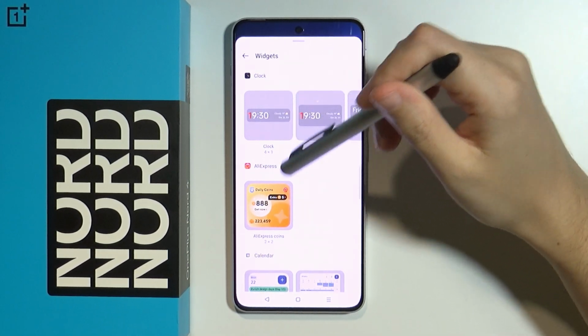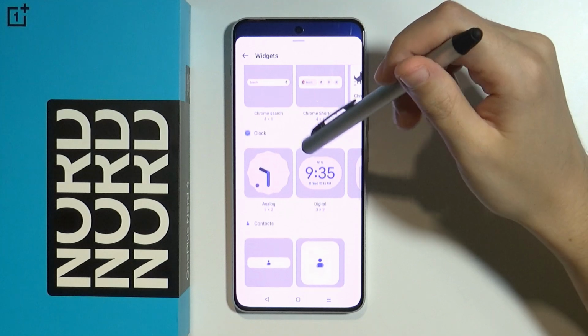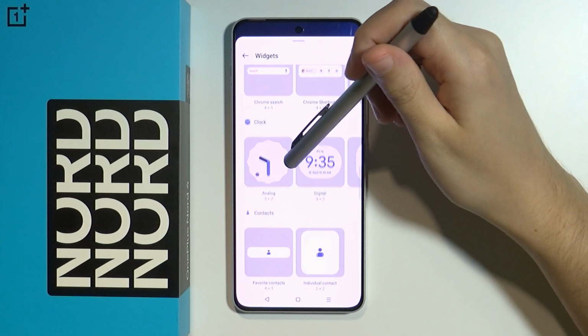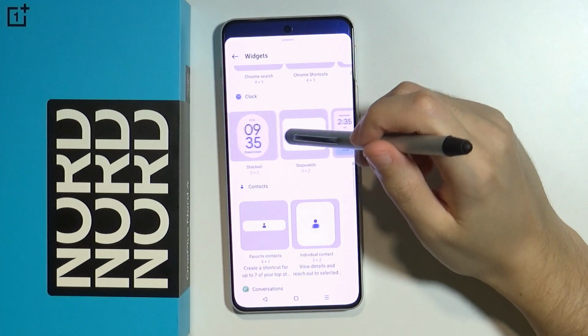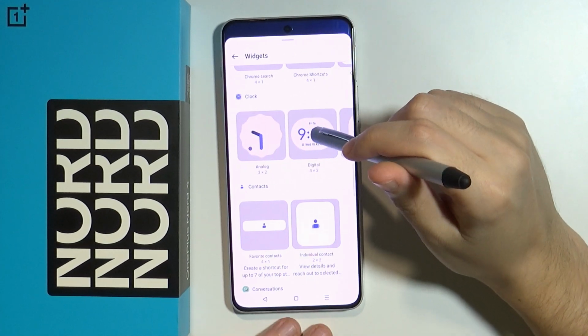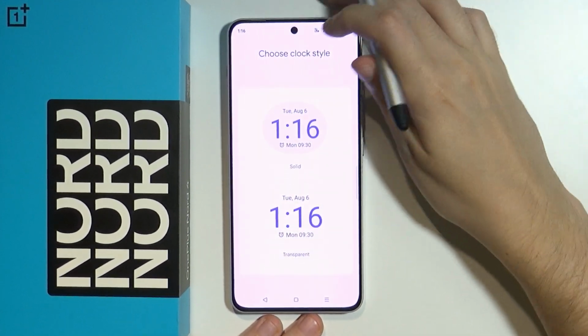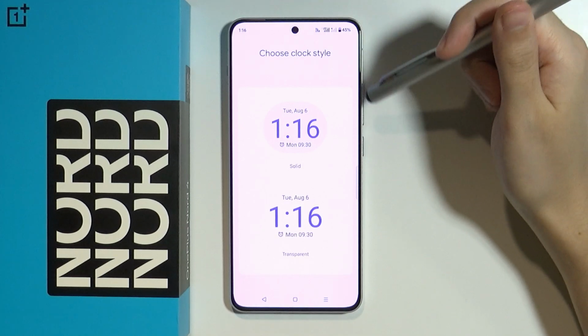with the red one. We actually want to scroll down in order to find another clock, and this one is, of course, made by Google. And then we can choose one of these options. So I'm gonna choose this one over here. Of course, it looks a little bit different, but at least this is a way to get rid of the